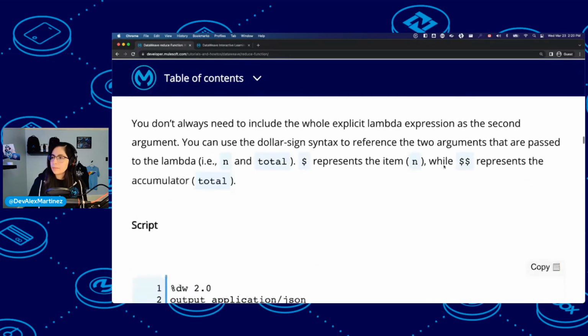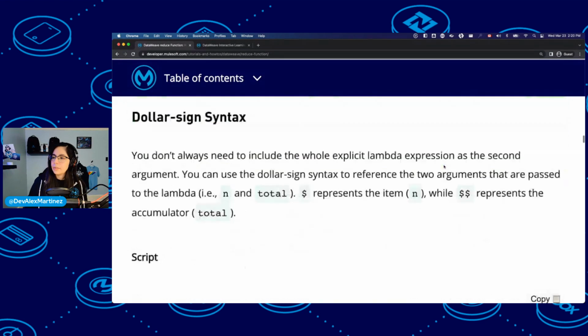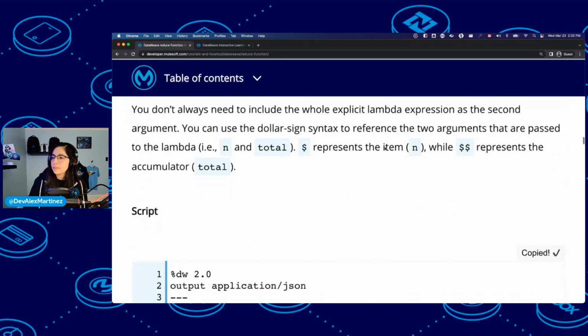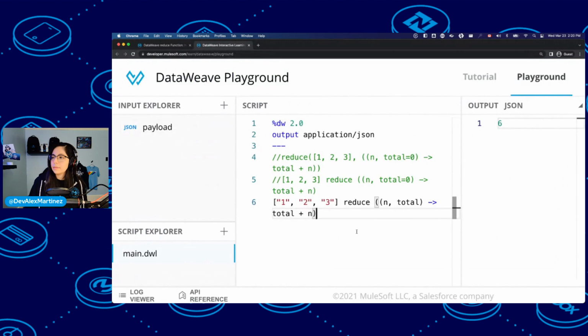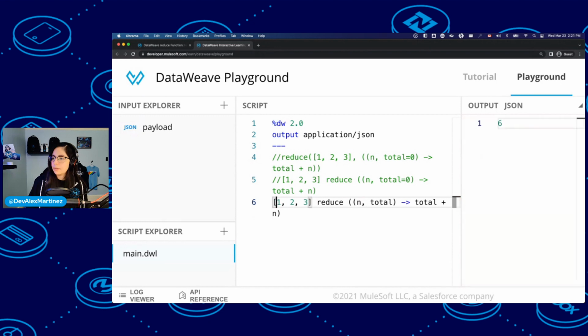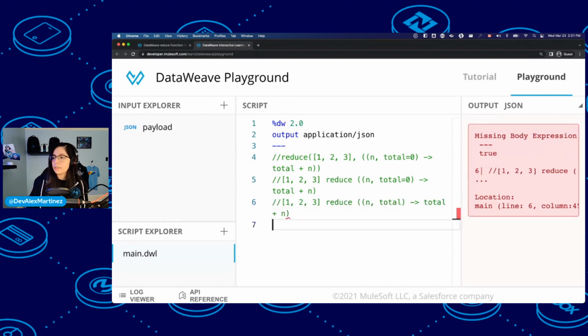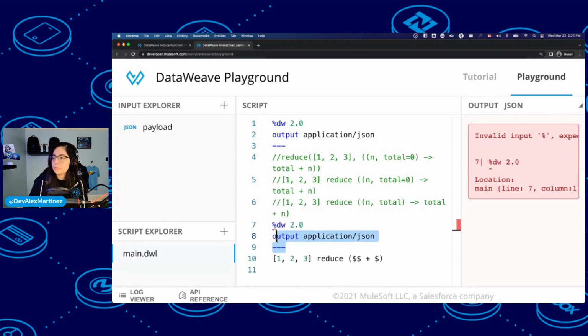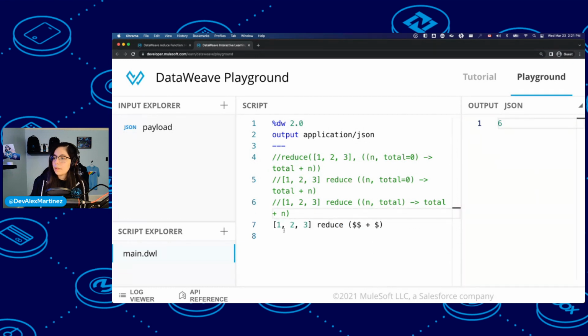Now, the $ sign syntax, so you can also keep that in mind. Let me put this back in numbers. Now we have 1, 2, 3, read this, and then now we're doing $ sign plus $ sign.